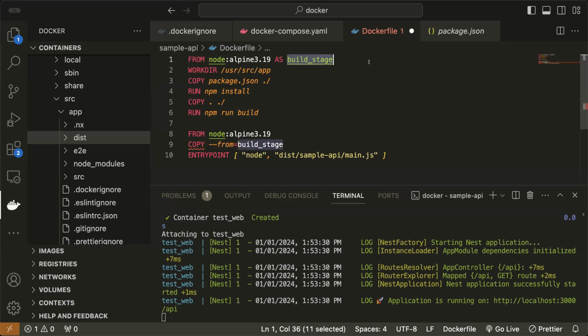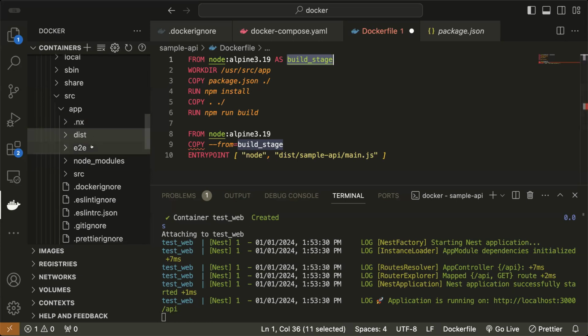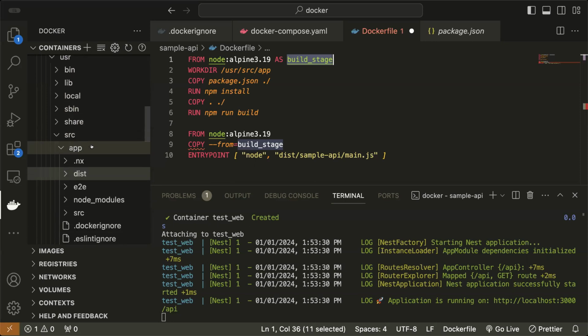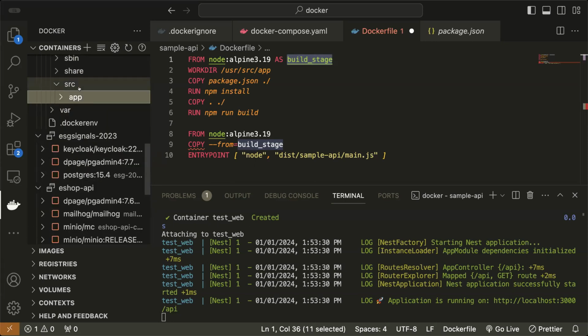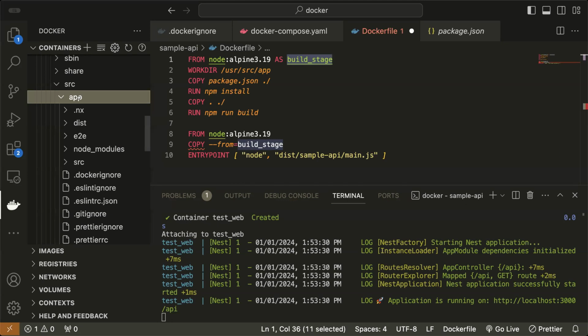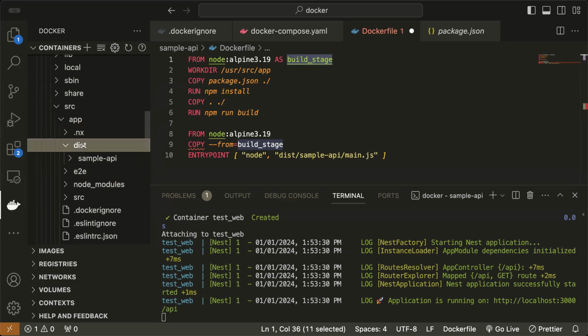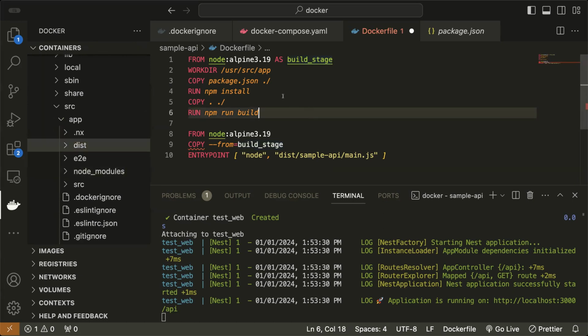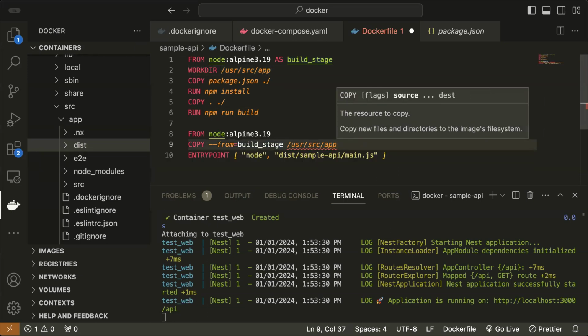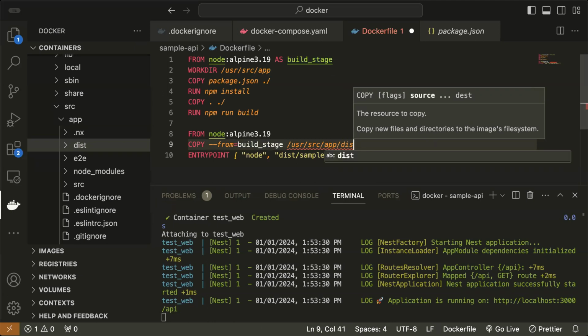I'll be copying files from the build stage. Whatever things I have created in this build stage, there are a lot of files, a lot of unwanted files. You can see this is the build image that I have run. In this image, I have a lot of things. I am really interested in the dist directory and the node modules, so I am going to copy those files only. So I'll be copying src app dist